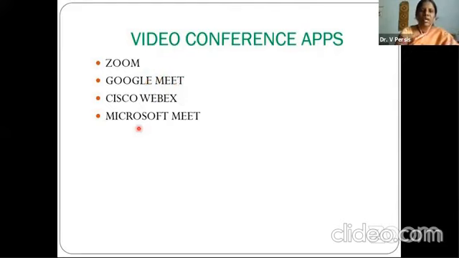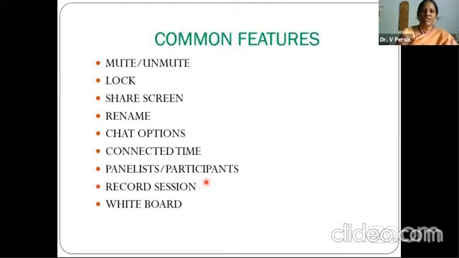So Cisco, Microsoft Meet, anyhow, tomorrow Dr. Kamala will be sharing the details of Microsoft Meet. So this is what is possible with video conference apps. What are all the common features that we get in any video conference apps? These are the features. You can mute, unmute, you can lock, unlock, you can share screen, rename, chat options, connected